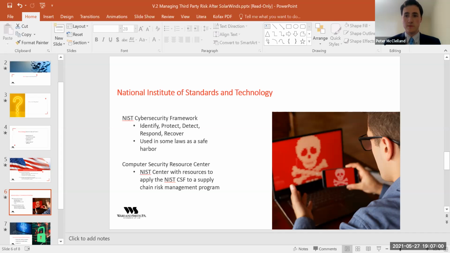And one of the reasons that I really like the NIST cybersecurity framework from a legal perspective and how you build out a risk management program is that it's been recognized by the state of Ohio, which has it as a safe harbor for their requirement that you take reasonable efforts in cybersecurity. And the FTC has looked favorably on it in the same kind of way, that if you're aligning with the NIST cybersecurity framework's principles, then you're going to be typically presumptively reasonable.